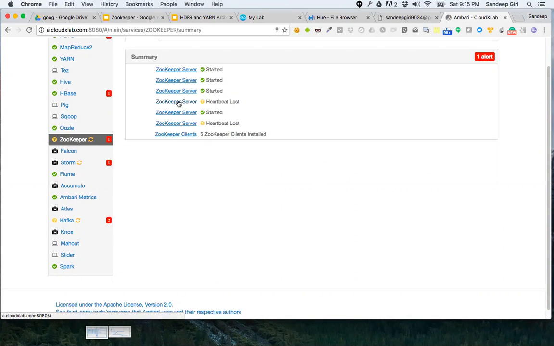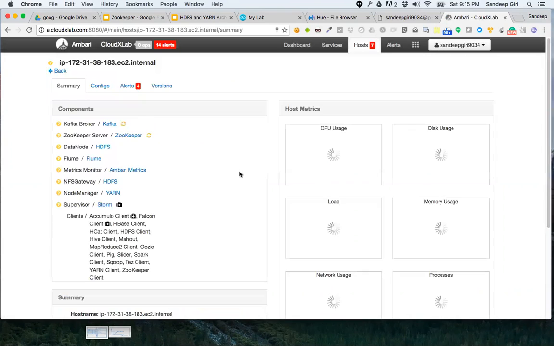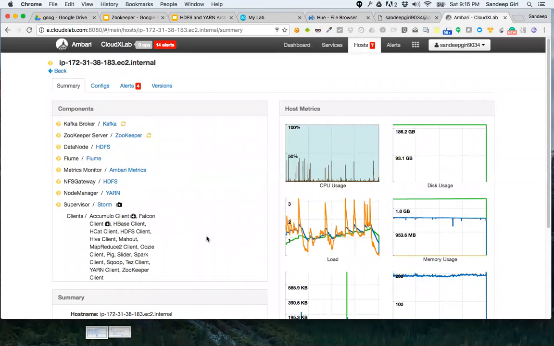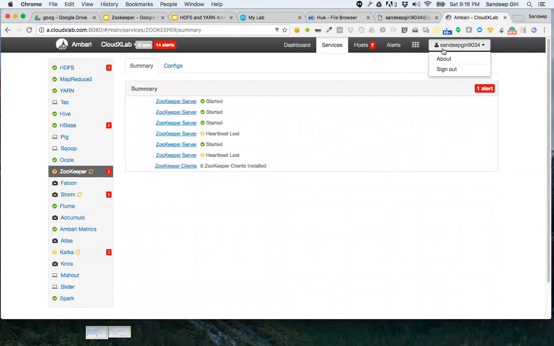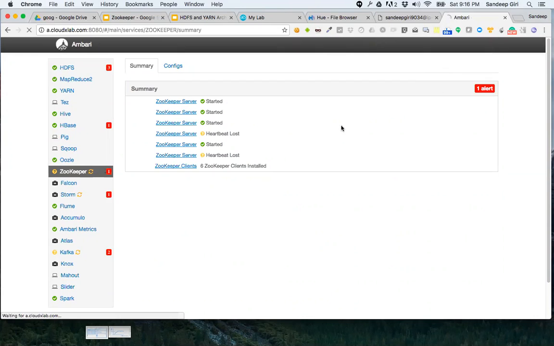Oh, two of the machines are dead, but it will still work fine. It's just giving warnings. Let me log in to Ambari and try to restart the Zookeeper server.